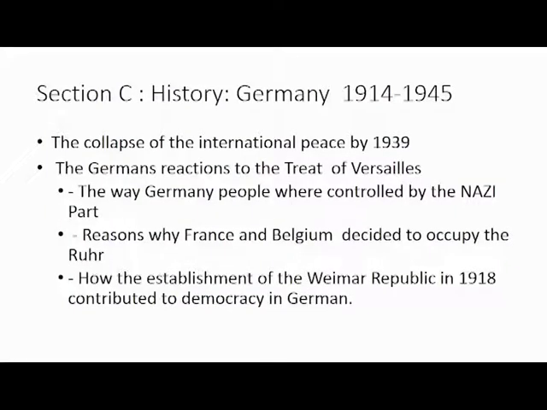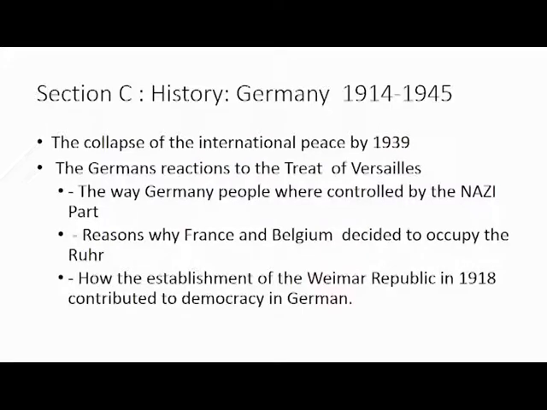Section C, focus on the first section, C1, focus on German history from 1914 to 1945. There are points like the collapse of the international peace by 1939, the German reaction to the Treaty of Versailles, the way the German people were controlled by the Nazi Party, the reasons why France and Belgium decided to occupy the Ruhr,